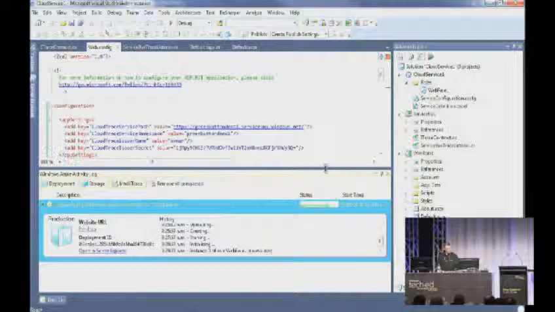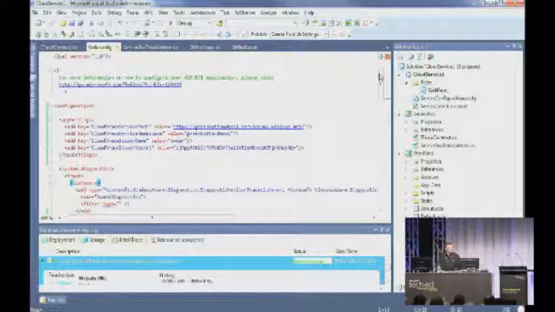Our deployment is still running. Okay, so what we're going to do is replicate a common architectural pattern in Windows Azure, and that's where you have a user interface, a web application, and this is supporting users obviously, and it needs to do some back-end processing. So I don't know, maybe it needs to put an order request in for a customer. But it doesn't want to do that processing itself because it wants to stay responsive and lightweight and be able to support many users. So what it's going to do is put a message onto a queue,